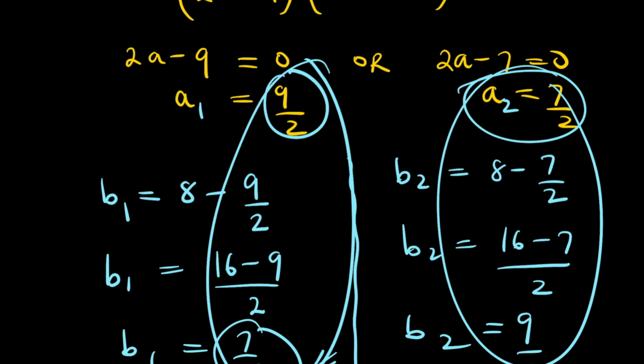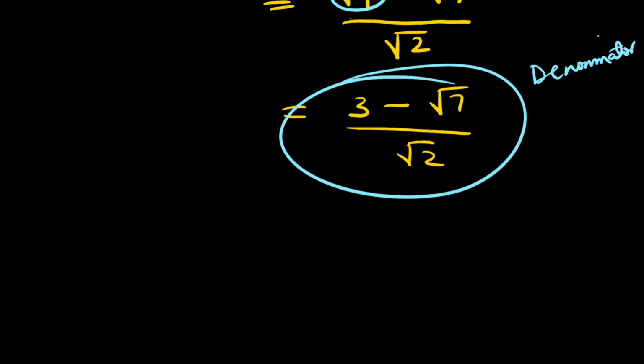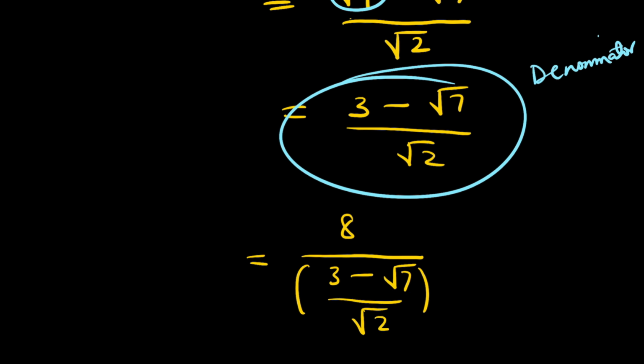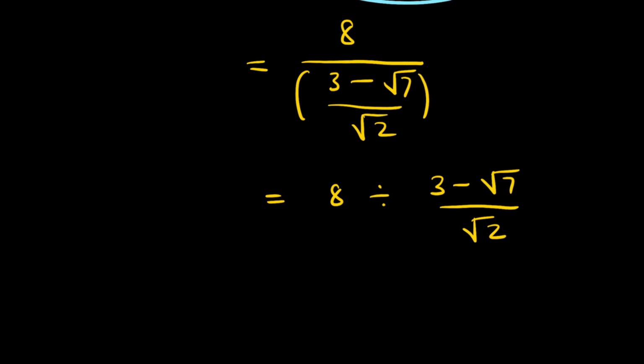Let's go back to the solution. It is equal to 8 divided by 3 minus root 7 divided by root 2,